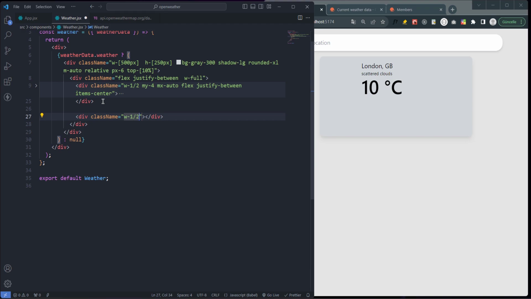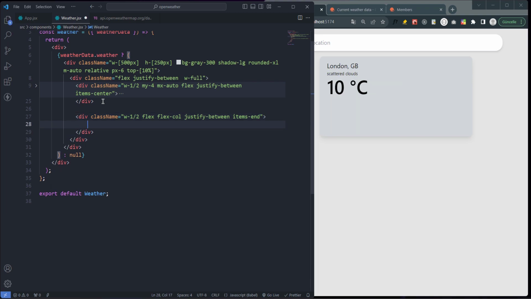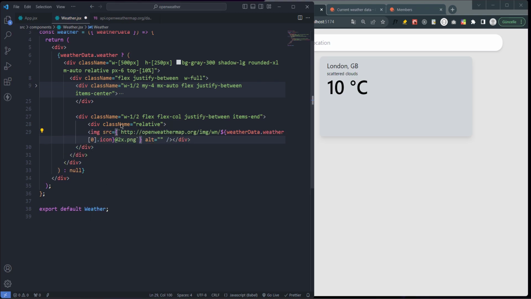Okay. And class flex column, justify between, and items, and okay. One more div, class relative. Okay. Now I create an image tag for the icon